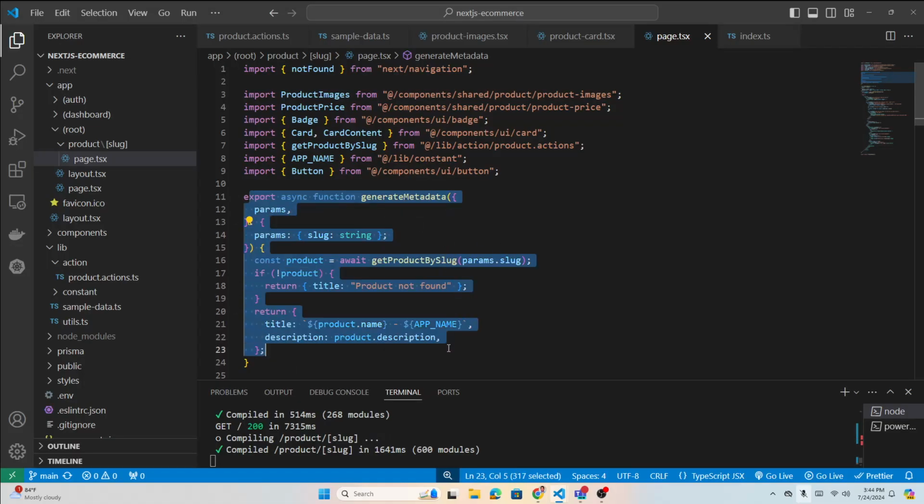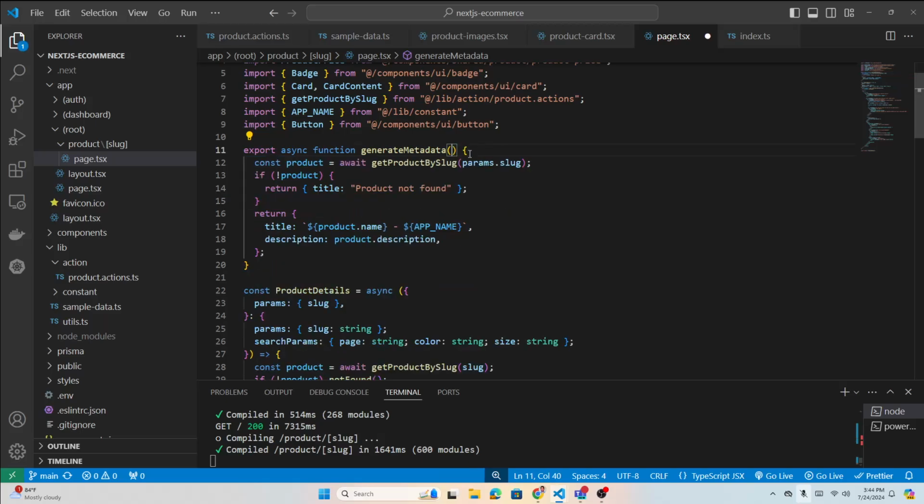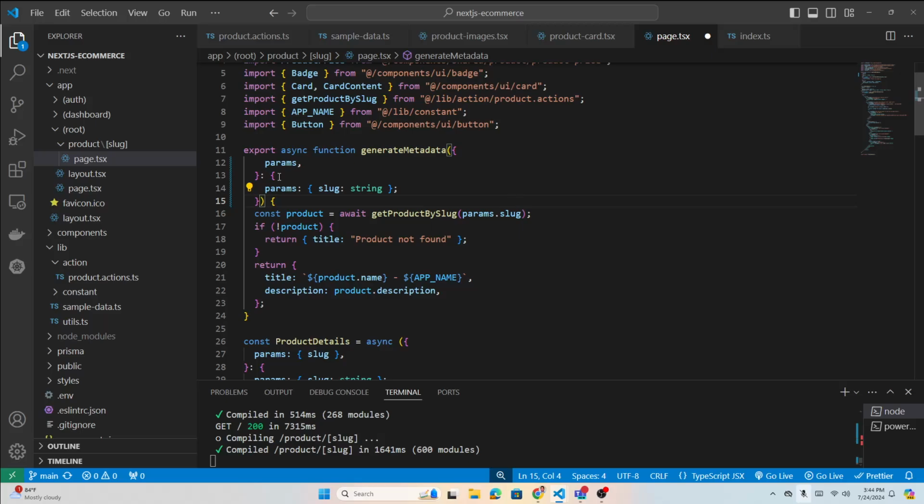So see how this function works. You can simply call this generateMetadata, right? Look at this function. You have to understand this whole thing here. This is the function. You have a curly bracket with params and colon, the type of the params. The type of params is basically an object. It has a slug property, and that is a string. So this params is an object of string, right? So once you have this params, you can get params.slug, and you can pass this slug